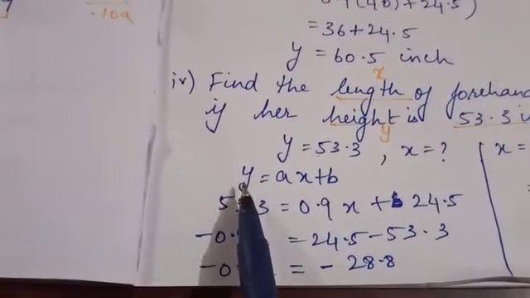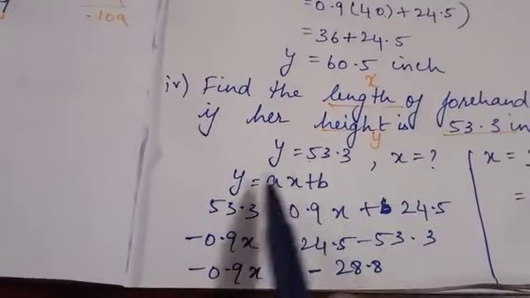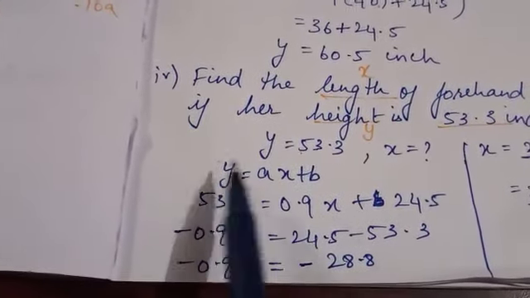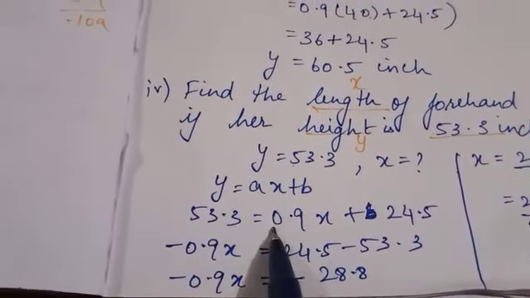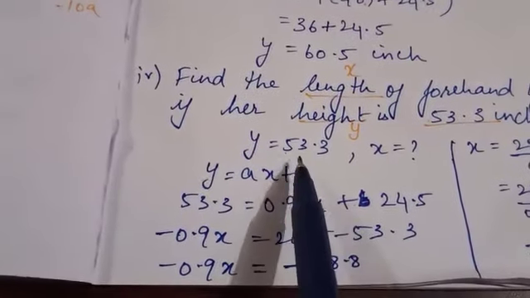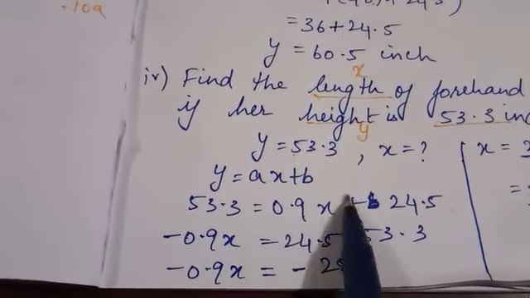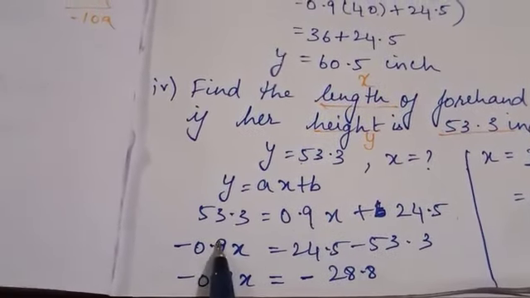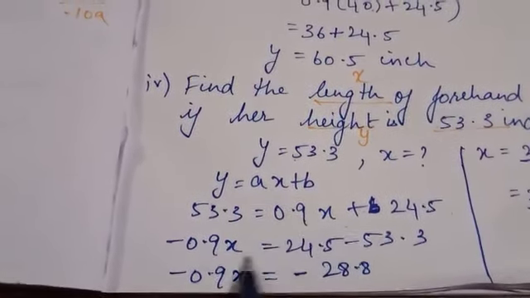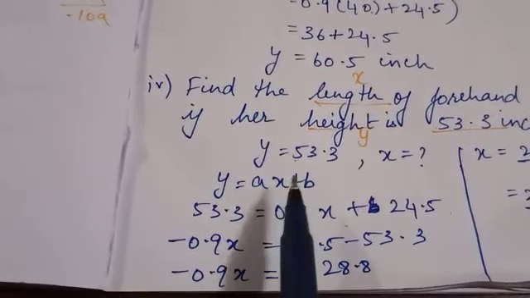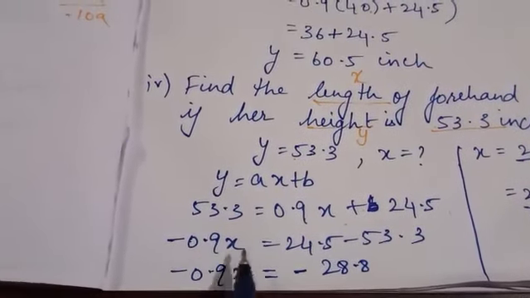So this is the equation. Y is equal to ax plus b. Now I am going to substitute the values of y, a and b. So the value of y is 53.3, that is equal to value of a is 0.9 x plus value of b is 24.5. So now I'm going to find the value of x, right? So I'm bringing it to the left hand side and the remaining numbers to the right hand side. So if I bring this 0.9x to the right hand side, since it is plus here, when I bring it to the right hand side, it becomes minus. Minus 0.9x is equal to